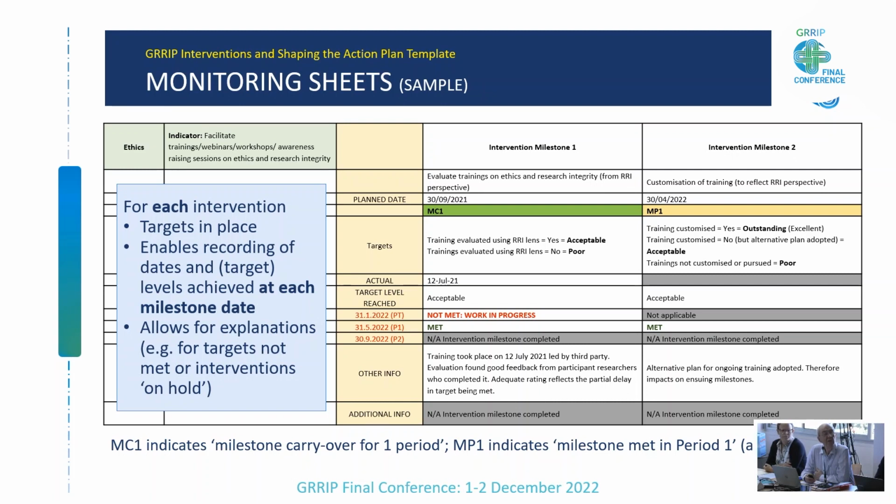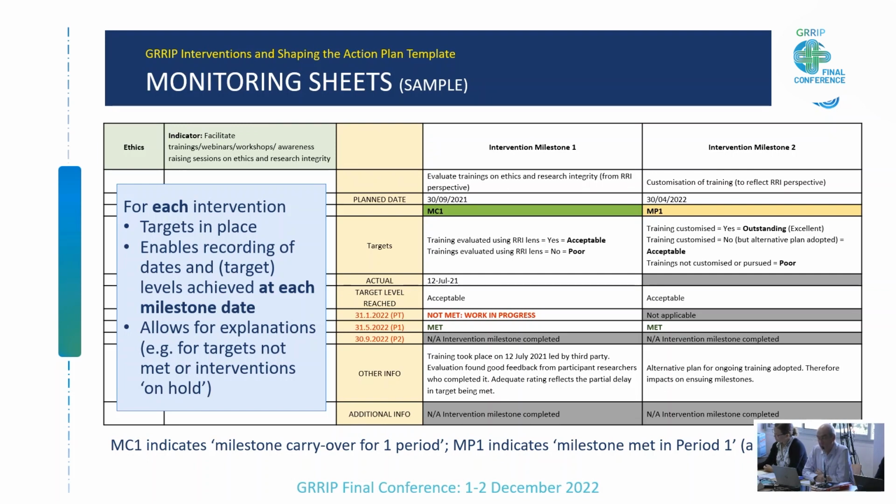Now, again, you can't see the detail, but the essential point to recognize is that there are a number of columns here, and to the right you see 2 milestones, and some of the interventions had up to 7 milestones. 1 or 2 of them only had 1 milestone, and so obviously this matrix could be extended, or was extended, for different sites in order to accommodate the information that was required for each of the different interventions.